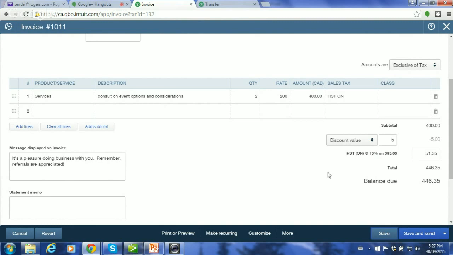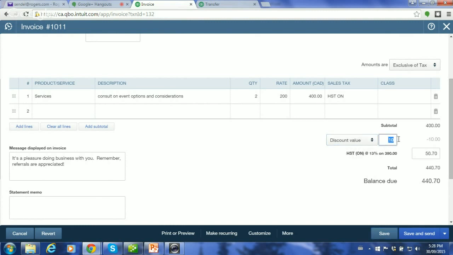Now, why is that? The reason is, let's say I wanted to give somebody a 10% discount, or I wanted to give them $100 off. Well, if it's a specific sales discount, then you can take that off of your HST. That's not a problem. So if it's a percent and it's 10% coming off, well then, it's $400 less 40 is 360, and then 360 at 13%. Hey, beautiful. This makes sense. However, when it's a financing charge, you've got two options.